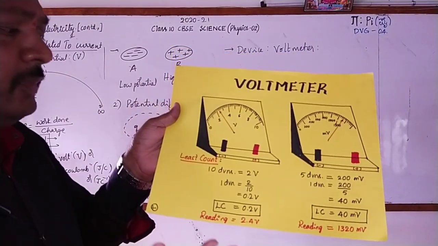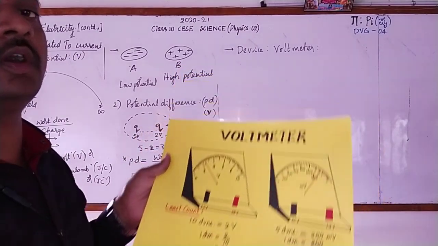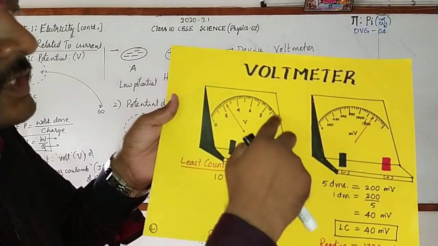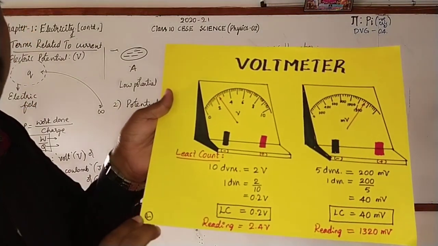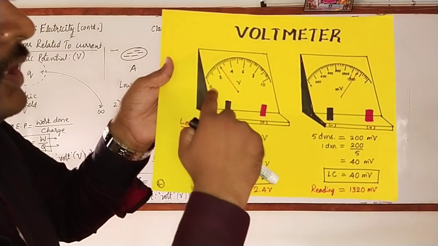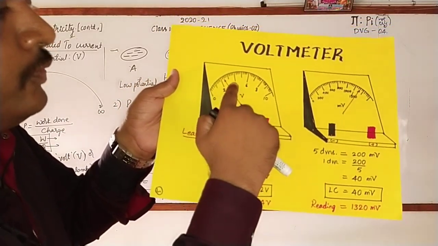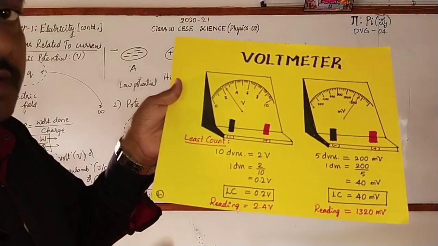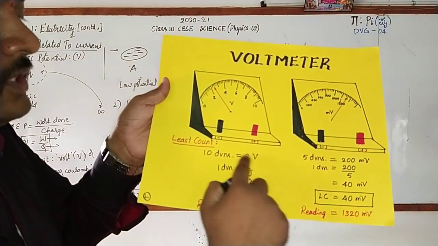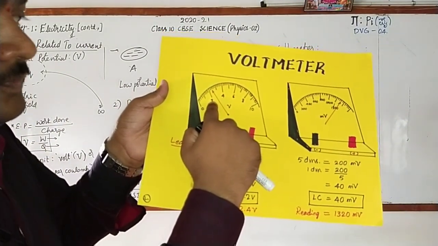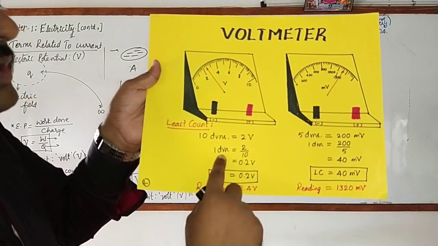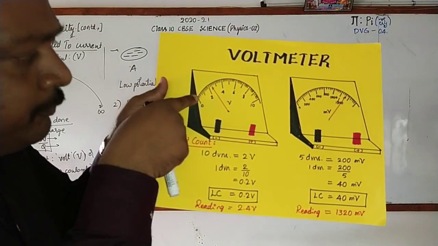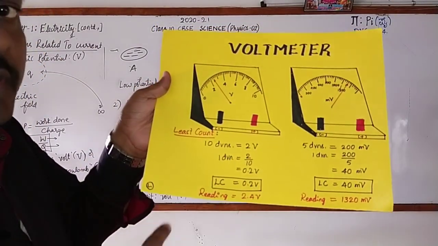Now we are also familiar with the least count of an ammeter. In the same way, the value of one division on the scale of the voltmeter is called its least count. So here you can observe 0, 2, 4, 6 volts, 8 volts, 10 volts. From 0 to 2, how many divisions are there? 10 divisions are there. So 10 divisions is equal to 2 volts. Then the value of one division is 2 by 10, which is nothing but 0.2 volt. Every division indicates 0.2 volts.